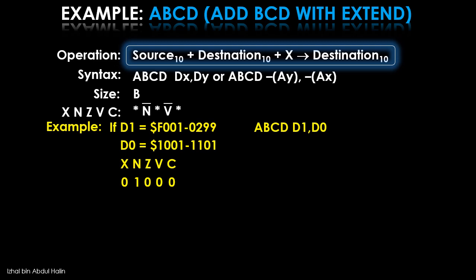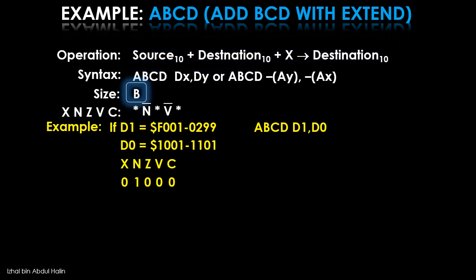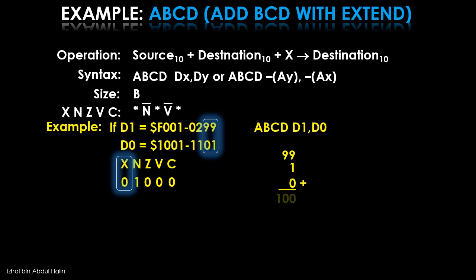Since the default operand size is .b, only the lower bytes of the operands are added along with the X flag's value. Let's add them now. We have 99 plus 1 plus 0, which results in 100. Note that a carry out of the MSB is generated. This will cause the C and X flag to be set to 1. Notice that the operation result is 100, thus, the Z flag is reset to 0, indicating that the addition resulted